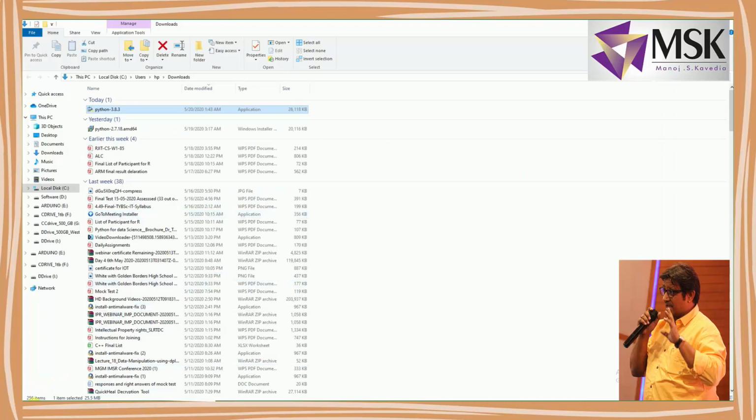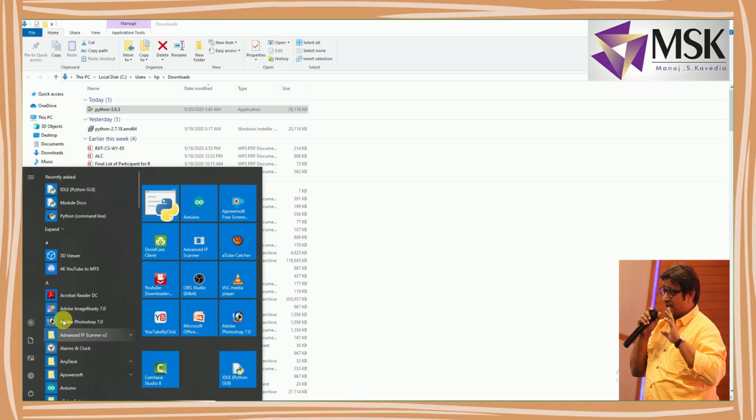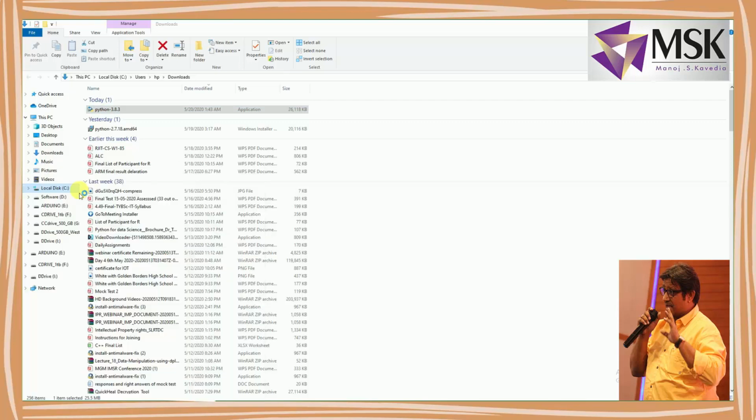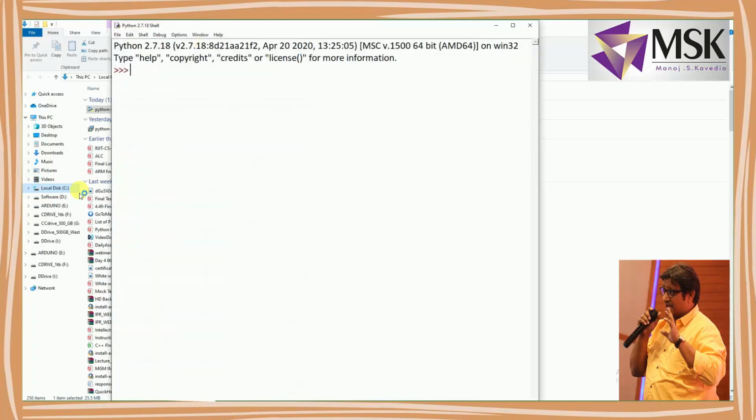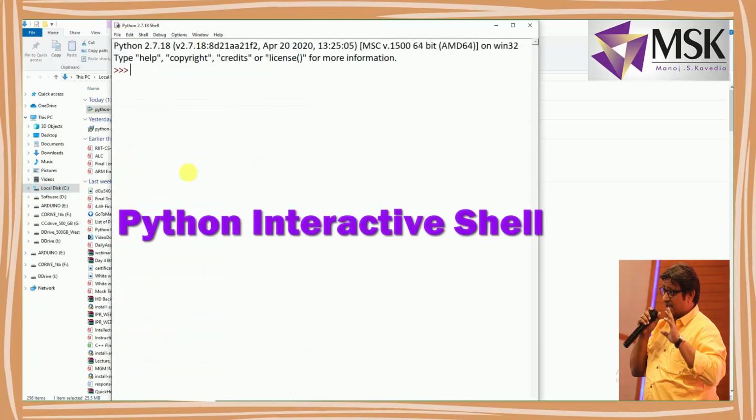And now I'll click on Python GUI. So this is the interactive mode of Python. But now see, here again it is loading the GUI with Python 2.7.18.